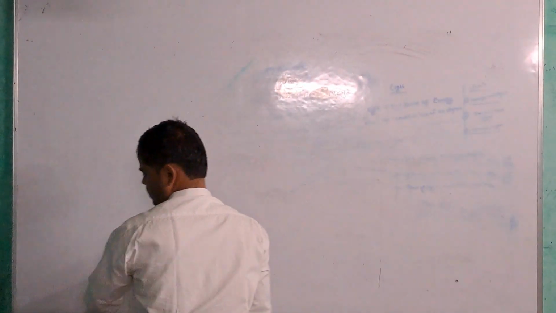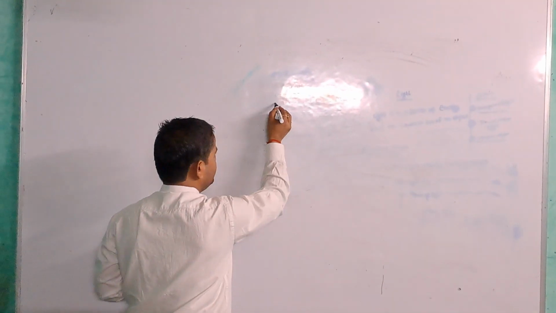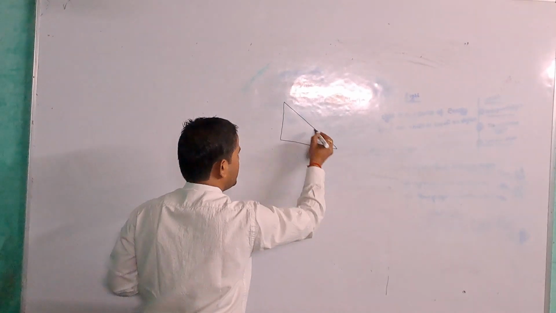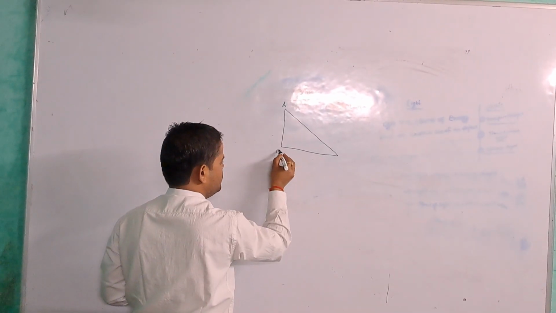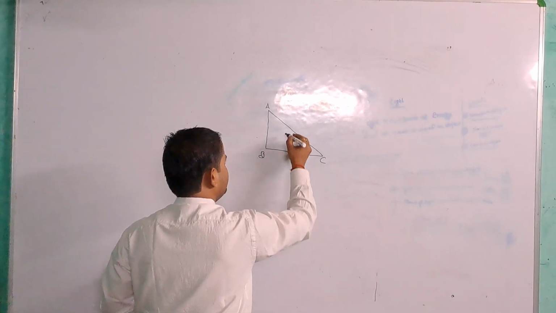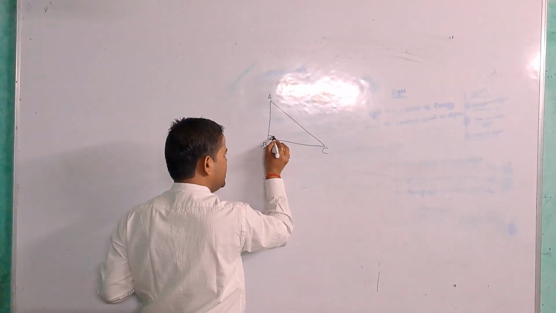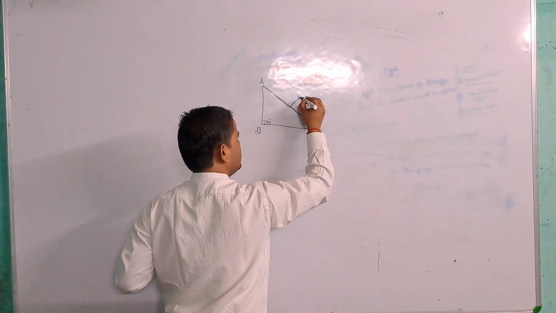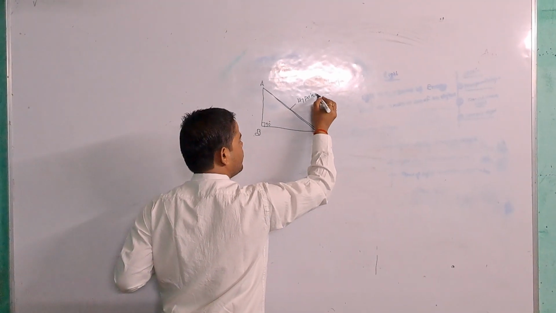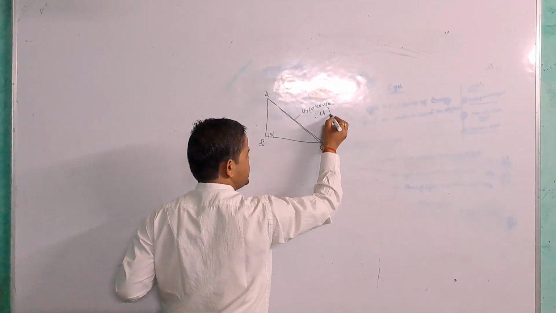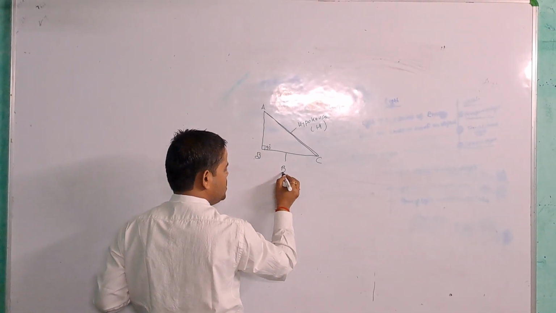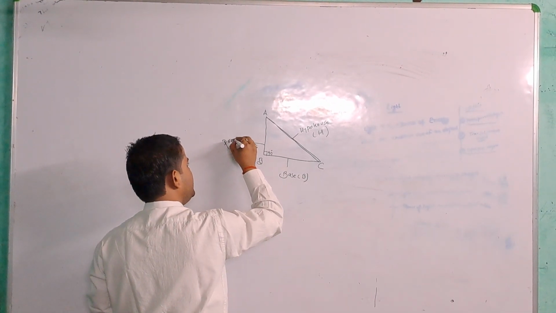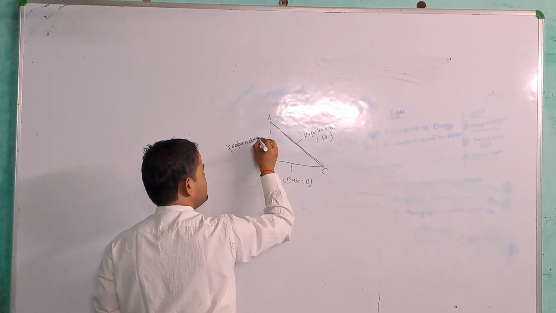Now, how can we show the relationship between side and angle of a right angle triangle? First of all, we draw a right angle triangle. This is our right angle triangle, which is represented as ABC. As we know, angle B is equal to 90 degrees. The longest side of a right angle triangle is known as the hypotenuse, which is represented by H, and here is the base, which is known as B, and here is the perpendicular of a right angle triangle, which is known as